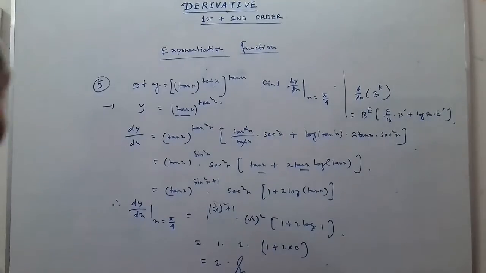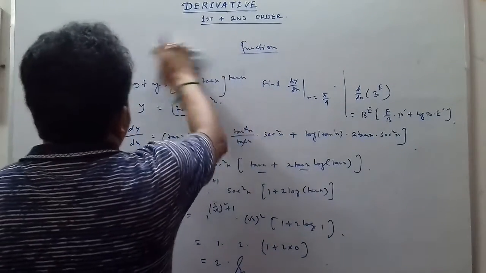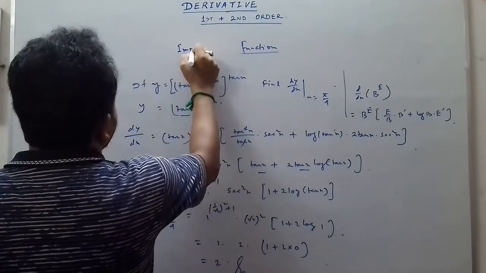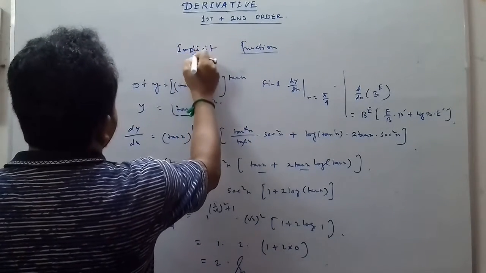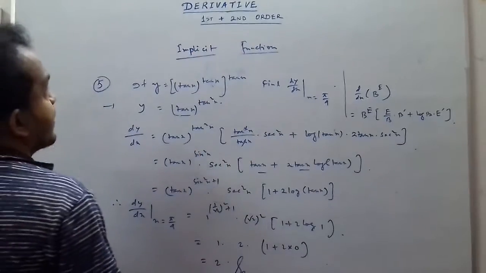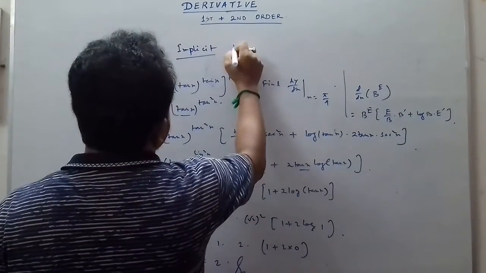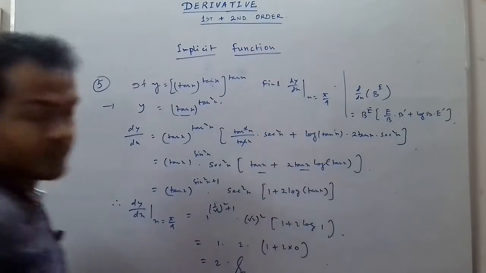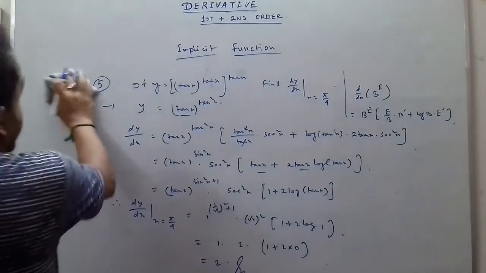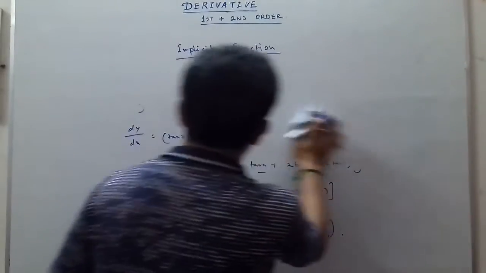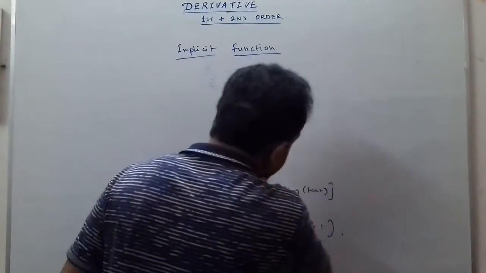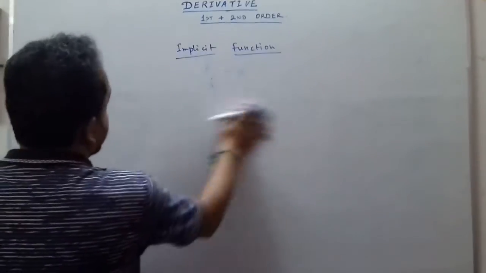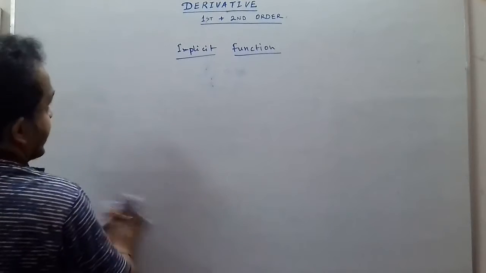Now implicit function. How to differentiate an implicit function? We will show this by means of an example here,